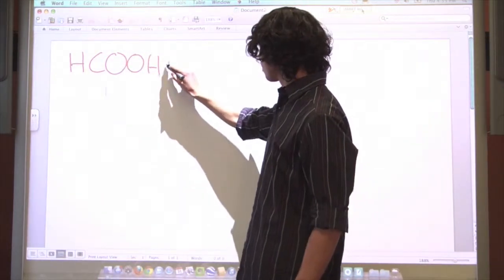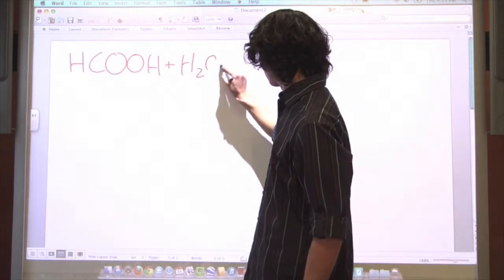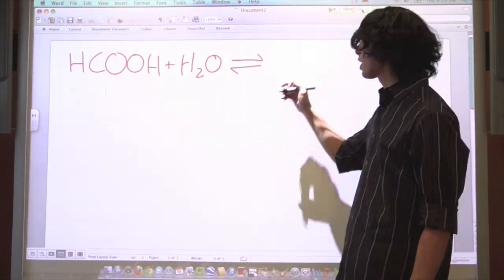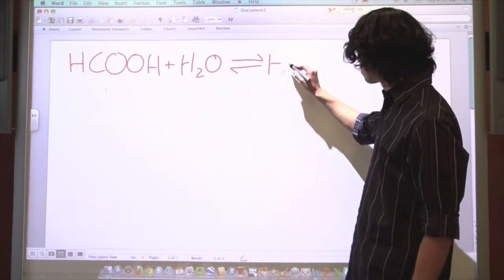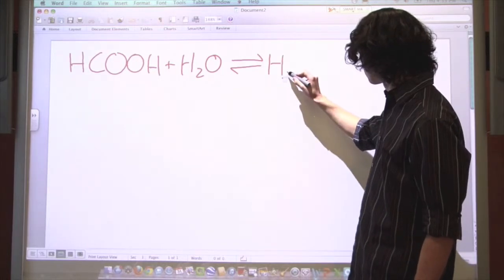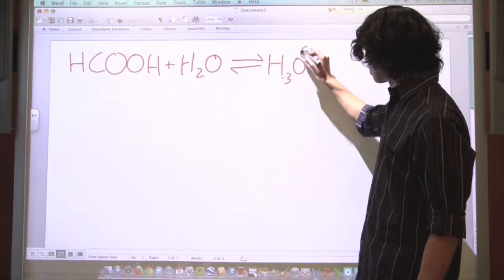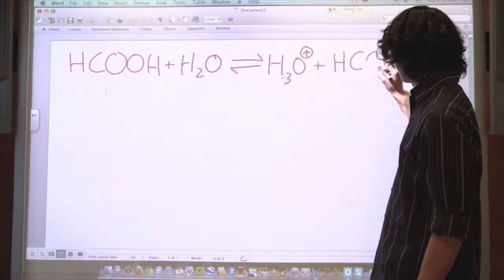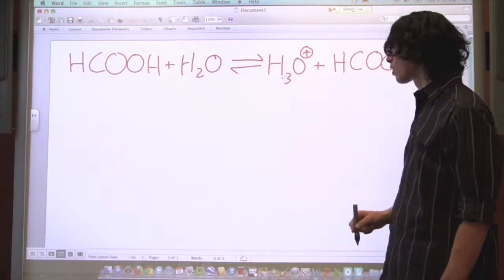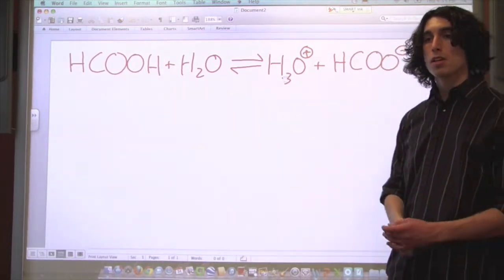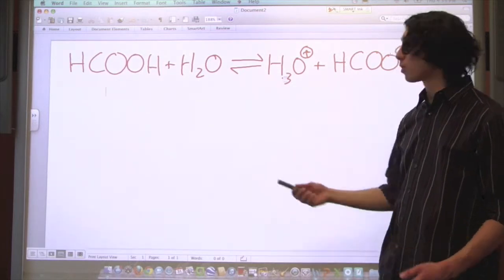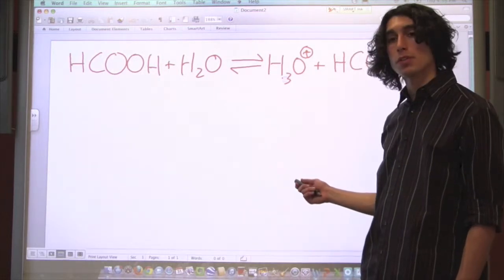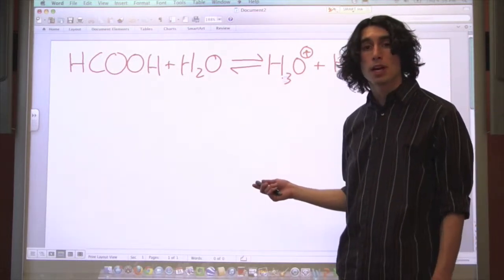Formic acid reacting with water in equilibrium because it's a weak acid, with hydronium and formate ions. So here's our equilibrium, and we're told that this is a 1 molar solution of formic acid and asked to find the pH. So the first thing we can do is make a RICE table or an ICE table, and